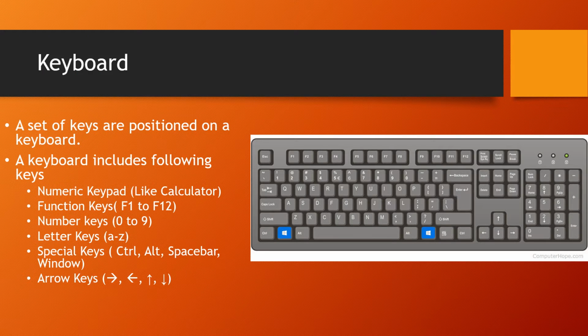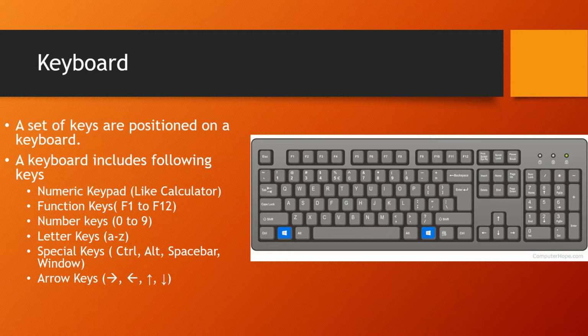Let's start with keyboard. A keyboard is a set of keys that are positioned on a board. A keyboard includes a numeric keypad, function keys, number keys, letter keys, special keys and arrow keys. The numeric keypad is like a calculator. Function keys are the first row of your keyboard, the top row, F1 to F12.